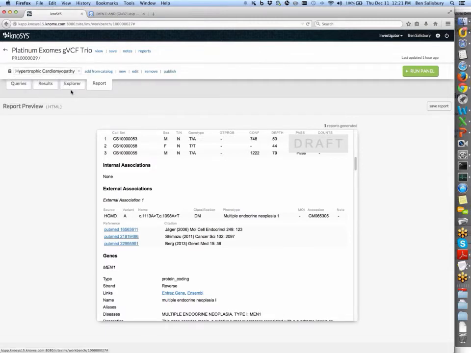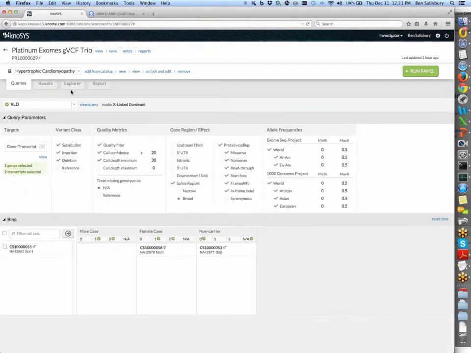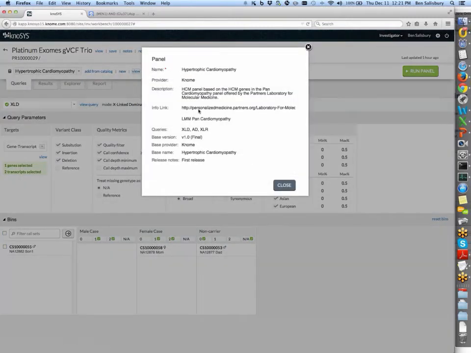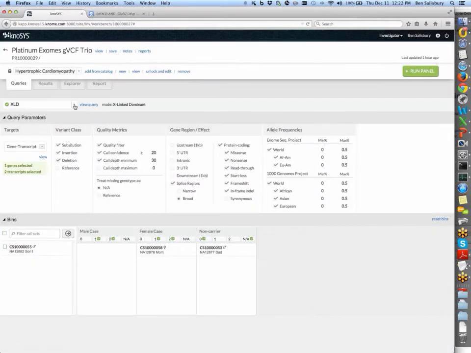Now what I'm going to do is take us to the hypertrophic cardiomyopathy panel, and this one, if we take a look here, this was based on the list of genes tested out at the Laboratory for Molecular Medicine. So that link's available to follow. And there were a number of genes specifically tied into HCM as a trait, and they follow 3 different inheritance patterns: X-linked, dominant and recessive, and autosomal dominant, which, like the ACMG panel, is where most of those genes reside in terms of their inheritance pattern.